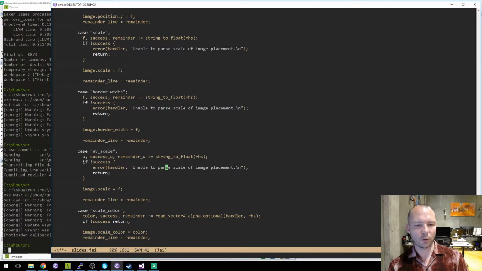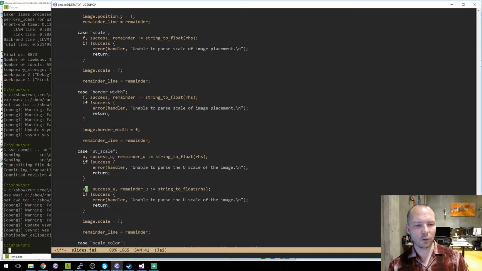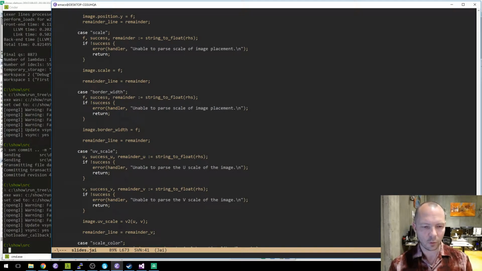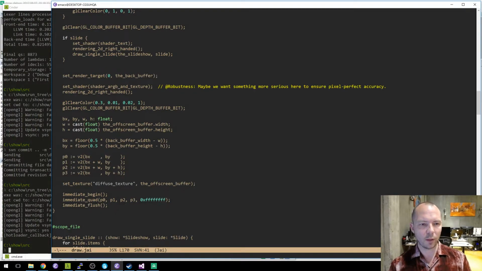And it'll parse the U scale of the image. And then V, success V, remainder V is string to float. Unable to parse the V scale. All right, image dot UV scale is V2 U comma V. Remainder V. All right, and now when we draw, we say